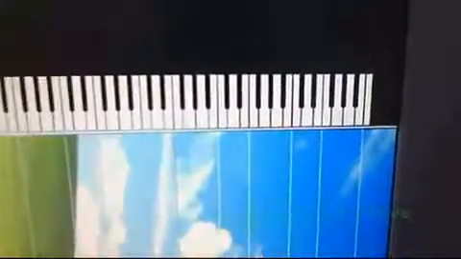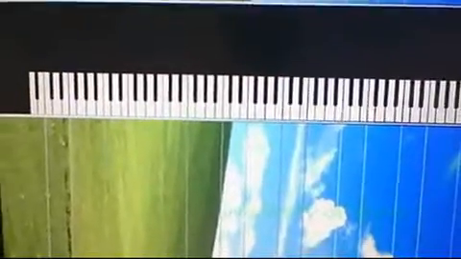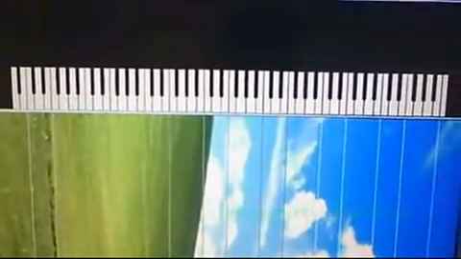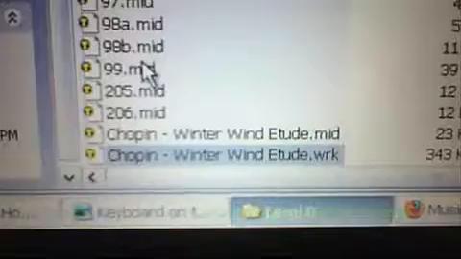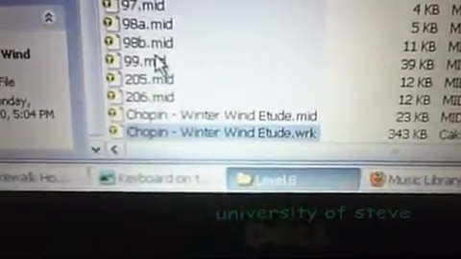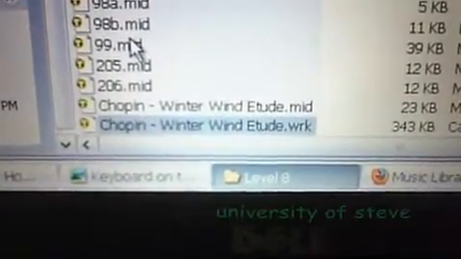Now it may be ridiculous that I haven't found a simpler way to do this yet, but this does work. The third thing you need is MIDI files converted into Cakewalk's format. With that on top, open Cakewalk. MIDI files, you don't need to understand them very well, just know that they end with MID, and Cakewalk's format ends in WRK. If you convert them from MIDI to work, it makes it a lot easier. With this graphic keyboard still on top, press Alt 5 to open up Piano Roll View, pick the tracks,